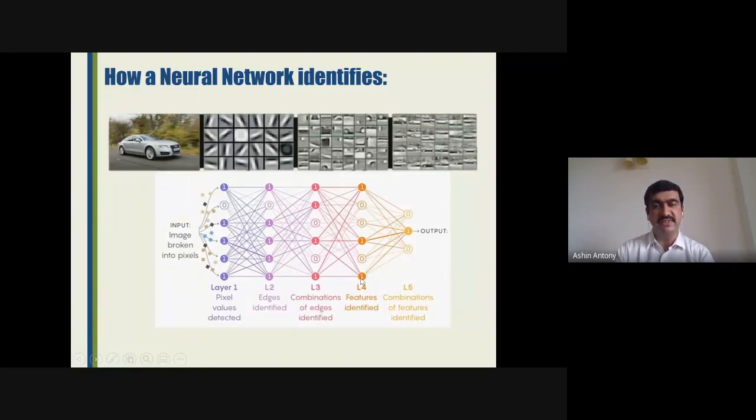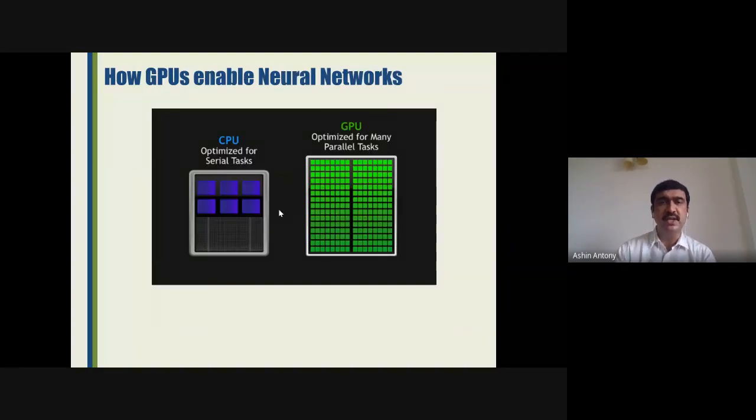And a combination of these features is what helps the neural network identify that this image constitutes an Audi car or some other car, right? So it is very important that we appreciate how this is possible for the system, and only then will we be able to choose these technologies one over the other, right? The application of a technology is even more than just learning a software, right? So that is the reason I wanted to emphasize this slide,